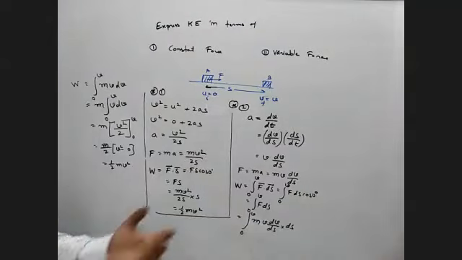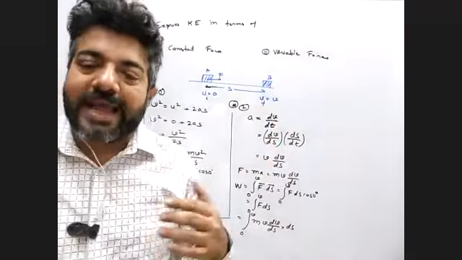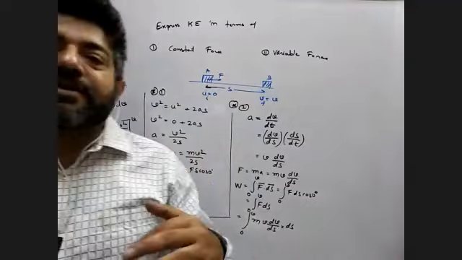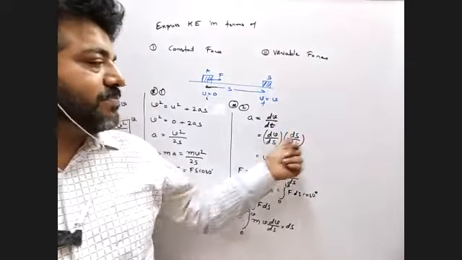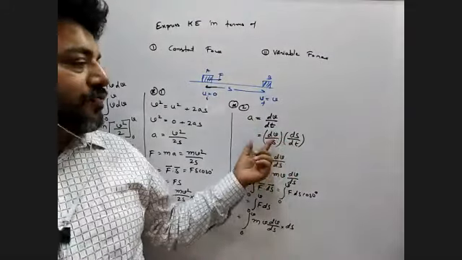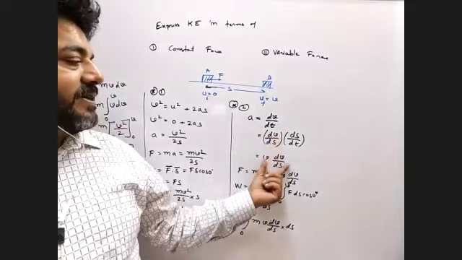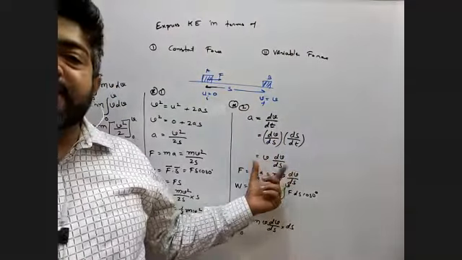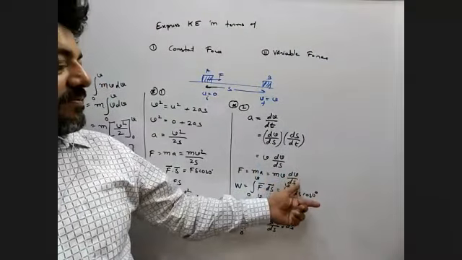So it's a very simple thing. The main thing is this one: acceleration is dv by dt, as no s is there. So by using the chain rule, we write dv by ds into ds by dt. If you see it properly, this ds cancels out, so it is again dv by dt. So we change it in terms of v. So ds by dt is v and dv by ds. So now it is totally converted into v and dv by ds form. Now force is mass into acceleration, m v dv by ds.